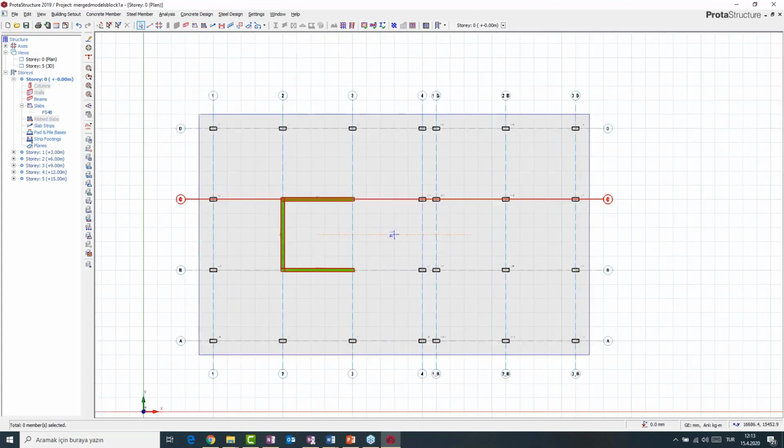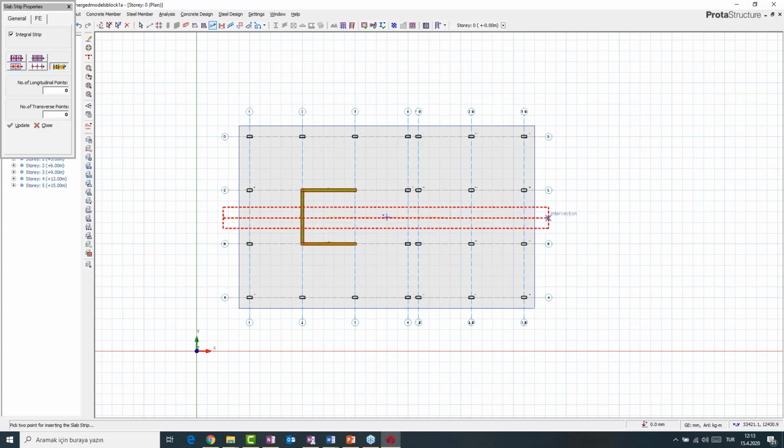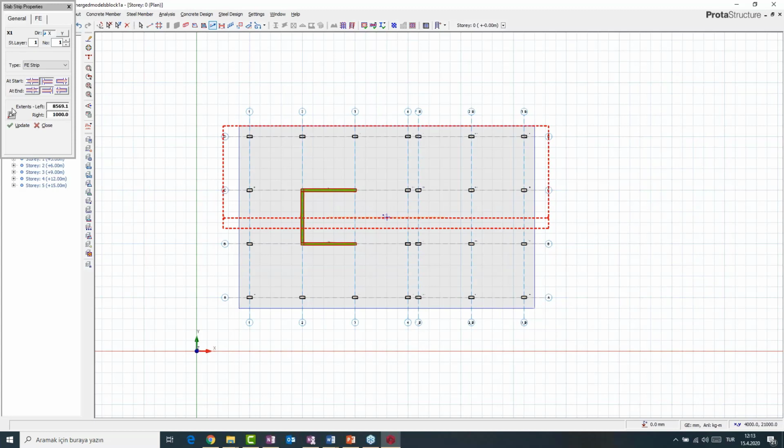Now, let's cut some strips through our Raft foundation. I'm going to select finite element strips, and I'll go to select fixed strip here, and I would like to choose integral strip, and I will cut a strip through here in X direction, just like this. I can come here and determine my borders for my strip, and here and also here I will determine my borders,